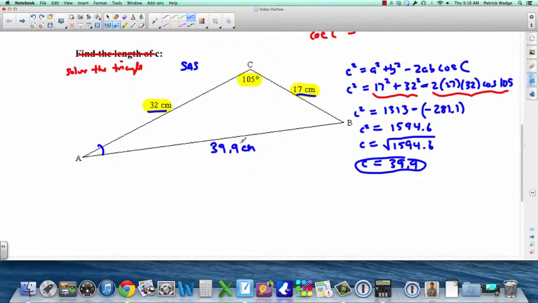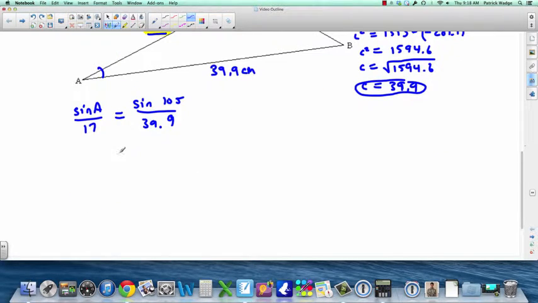You have one pair here, and here's the other pair. The thing you're trying to find, angle A, and this side make a pair. So I'm going to use the sine law. So I do sine A over side A, which is 17, equals sine 105 over side C, which is 39.9. Okay, the way we solve that is by cross multiplying, so we get sine A equals 17 times sine 105 divided by 39.9. And if you do all that stuff on the right hand side there, you're going to end up with